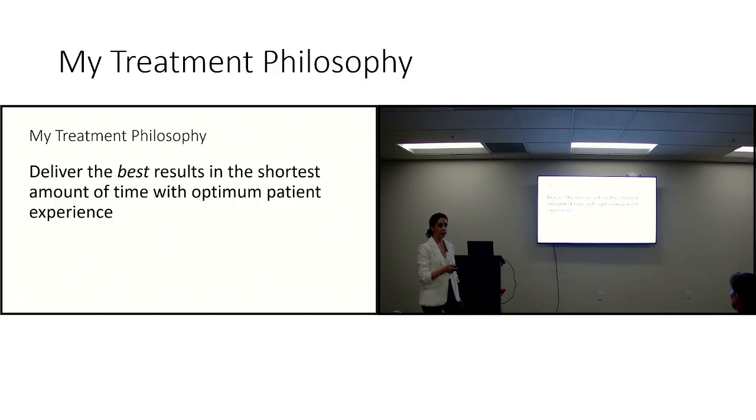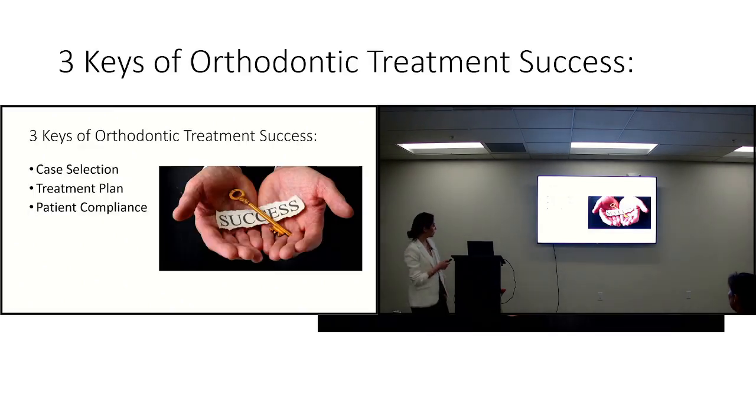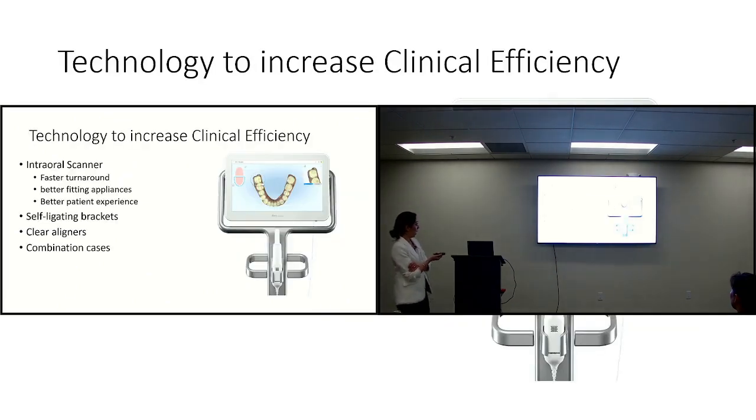Their experience, a lot of times, is more important than what happens in their mouth. The way they perceive your office and the way they perceive how they were treated and how they felt in your practice, a lot of times is more important than straight teeth. So 3 keys of orthodontic treatment success: case selection, huge; treatment plan, huge; and your patient compliance. With any orthodontic treatment, you need patient compliance. I tell my patients, orthodontic treatment is a two-way street. I need you to be on my team to get to where we want to be. And then, of course,